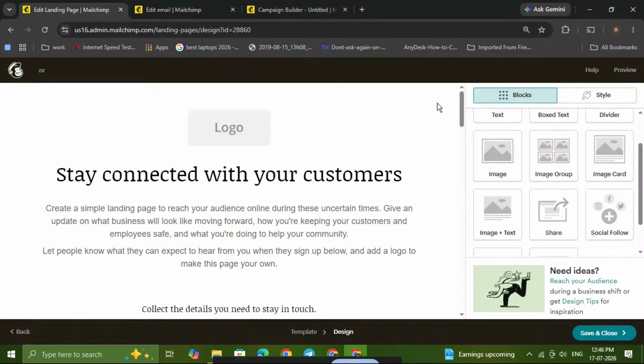In this video, I'm going to show you how to wrap text around an image in Mailchimp, step by step, so you can create cleaner, more polished landing pages and email-style layouts without wasting time guessing where everything goes. This is a simple trick, but it makes a big difference when you want your design to look more professional